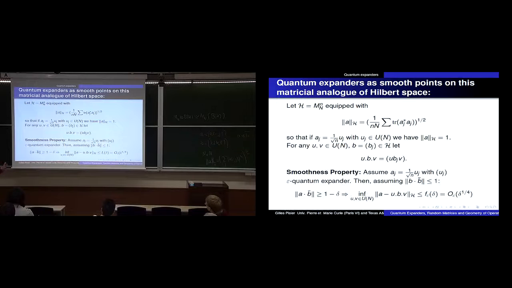So the whole geometry is now done accepting this idea. But we have the ordinary Hilbert space here that plays a role. This ordinary Hilbert space script h is just given by this norm, which is the usual Hilbert space norm, normalized by little n times capital N in order to be sure that if I have unitaries,